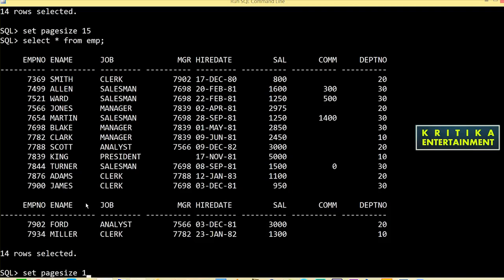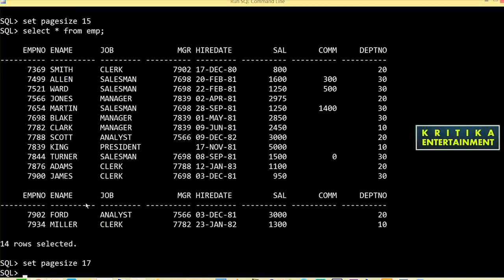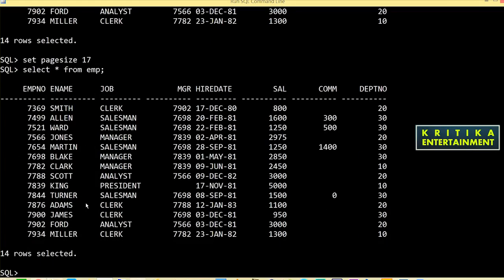If you instead write 17, see what will display. You can find that no header will be displayed again. So what does 17 mean? After 17 it would display the header again, but as there is no data, the header is not repeated.